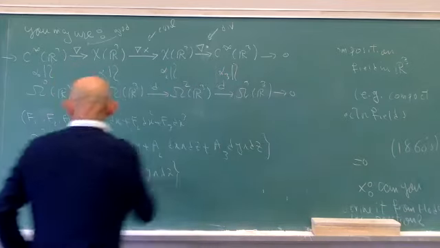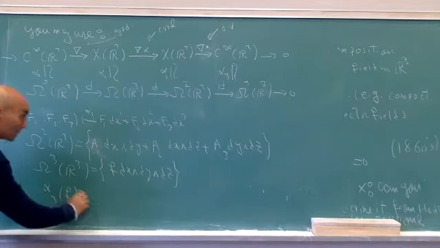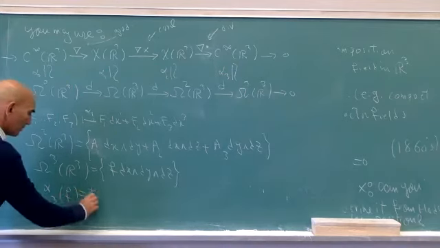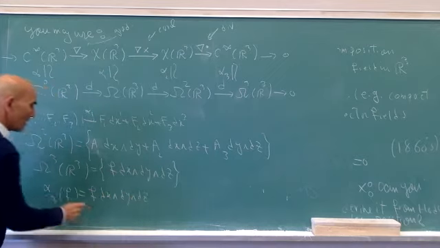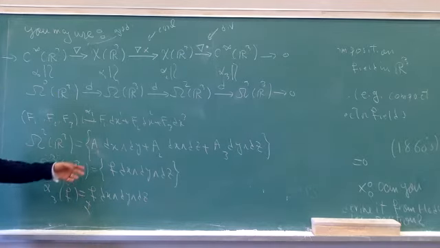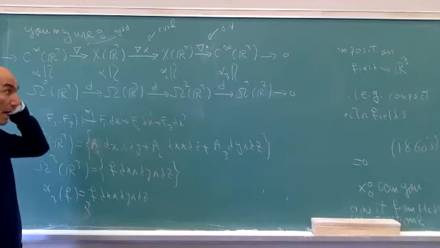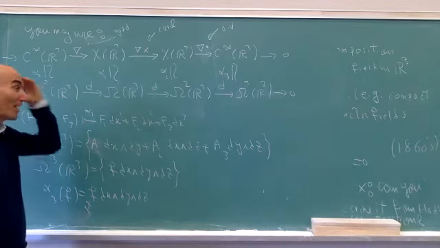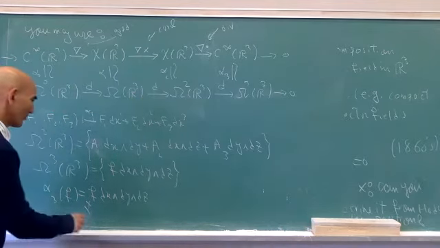So this alpha 3, I'm going to guess that alpha 3 of f is going to be equal to f dx dy dz, but maybe with minus. I don't know which one. So the point of the exercise is to check that. Okay, so that's nice. But that's not all. You have to work out the star now. Also work out the star.